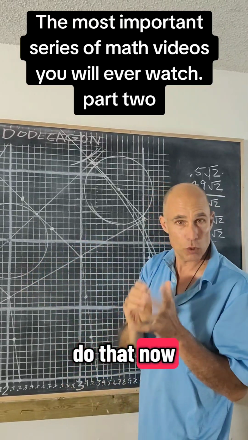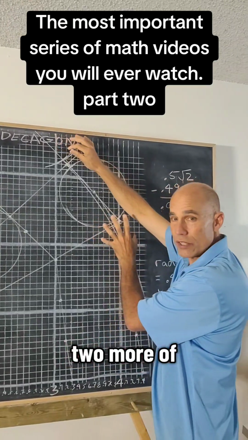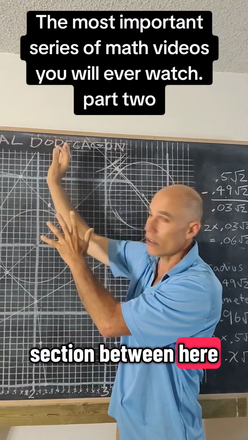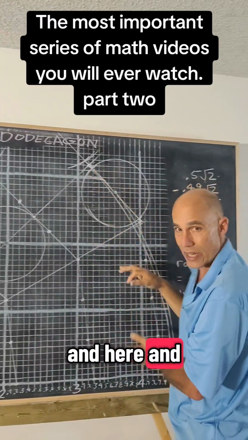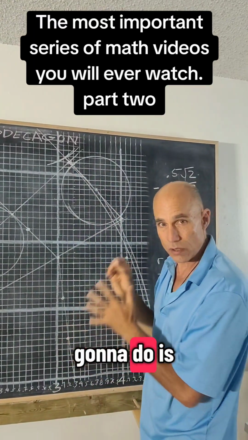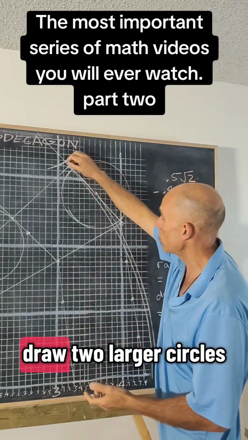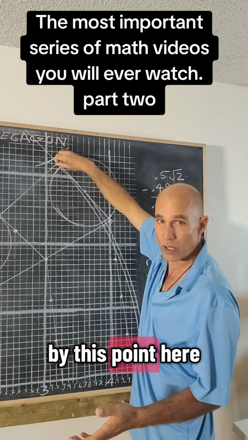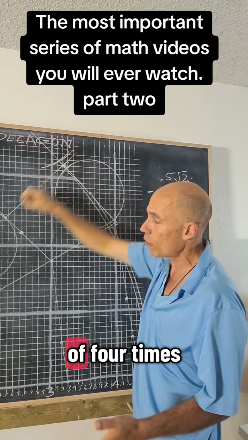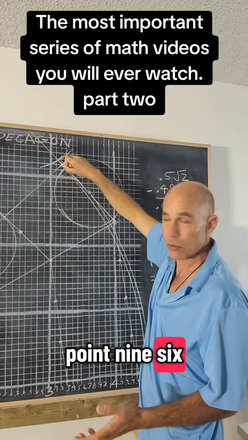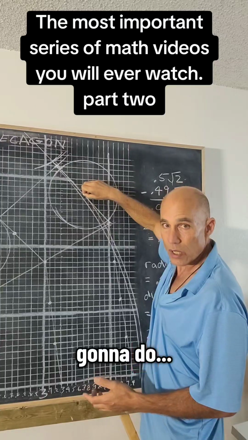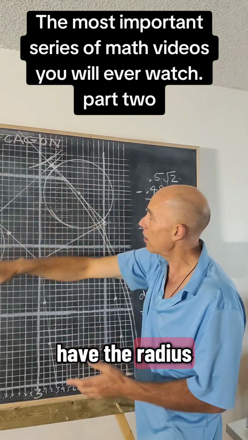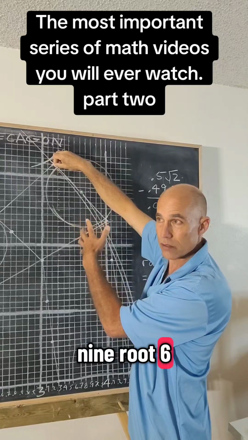We want to do that now 2 more times. We want to put 2 more of these circles in this section and 2 more on the other section between here and the y-axis and here and the x-axis. So what we're going to do, to begin that process, is draw 2 larger circles. We're going to do one circle that's defined by this point here. So it's going to have a radius of 4 times 0.96 root 2. And then we're going to draw a circle that is defined by this point, which is going to have the radius of 0.49 root 6,